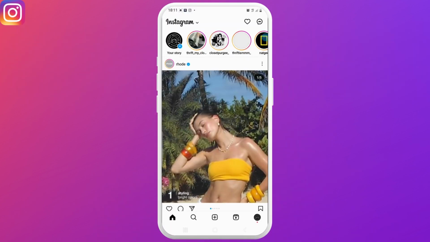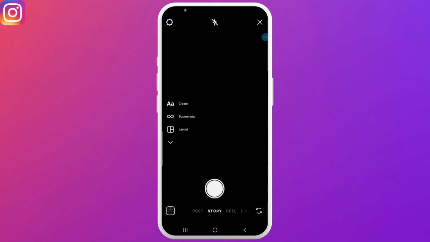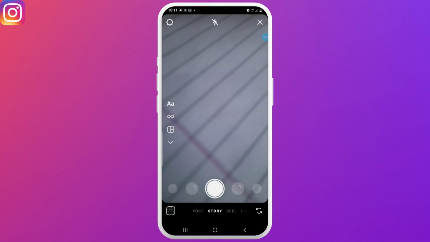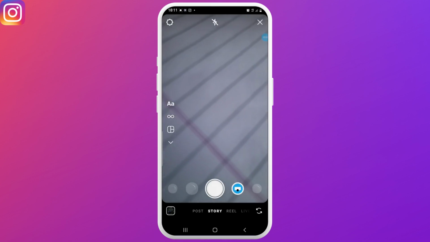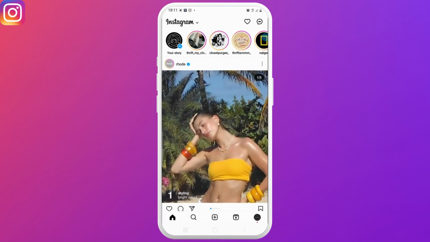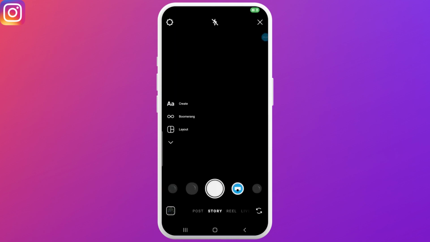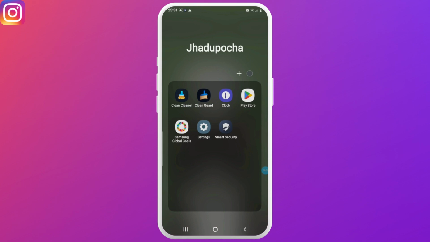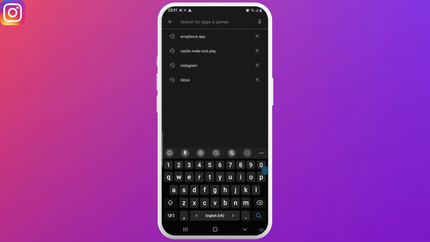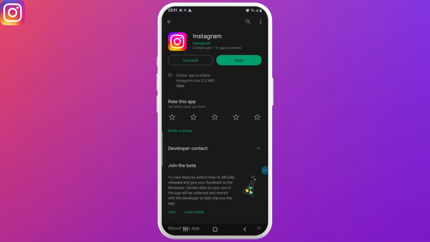Before, Instagram stories used to allow you to upload stories up to 15 seconds in length. However, now if you have updated your Instagram app, it allows you to upload videos up to 60 seconds. So if you haven't updated your application yet, you should head to your Play Store and update your Instagram. But if you want to upload stories longer than 60 seconds, then what you can do